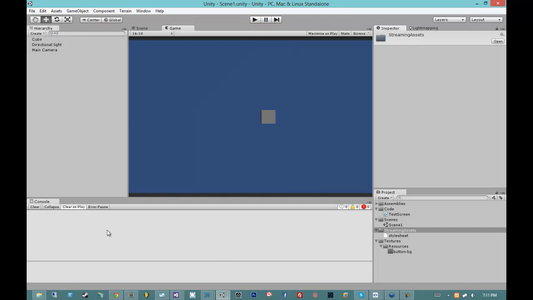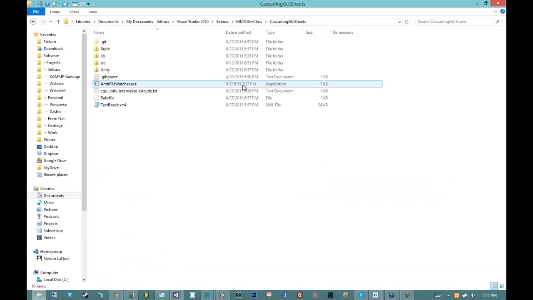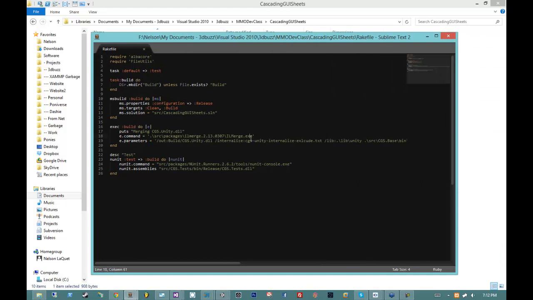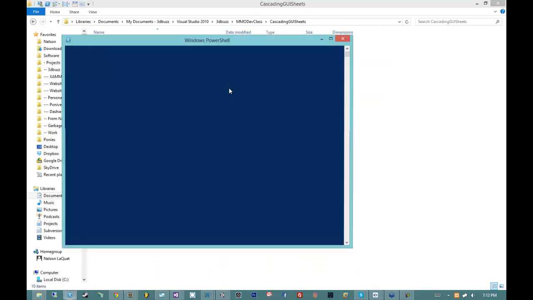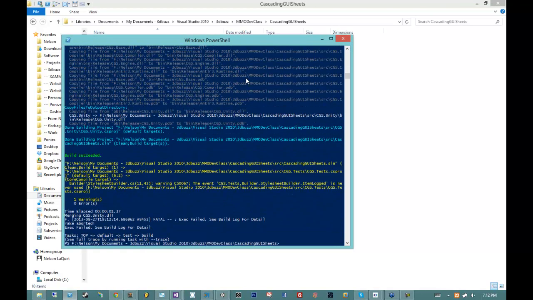What we left off with last session is our build process. If I can go ahead and jump into the place where that thing is. We have our build script. It's a rake file, and we're using albacore, which is a nice little Ruby gem that allows us to do all sorts of fun things. Now the problem is that when we build it, so when we actually run the build script by typing in rake here, it builds everything, it merges everything, and it actually doesn't build everything because,